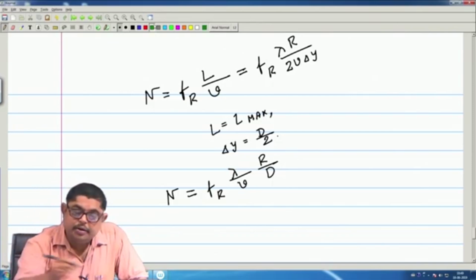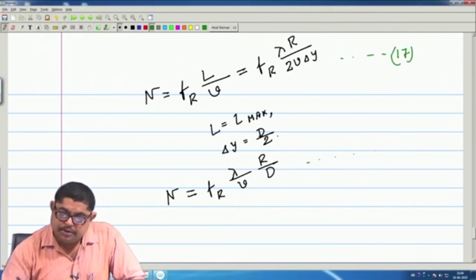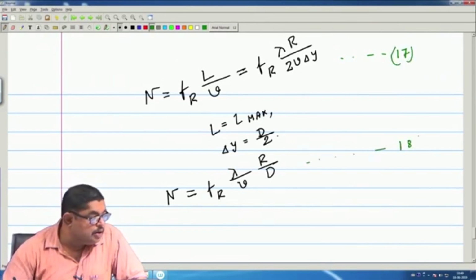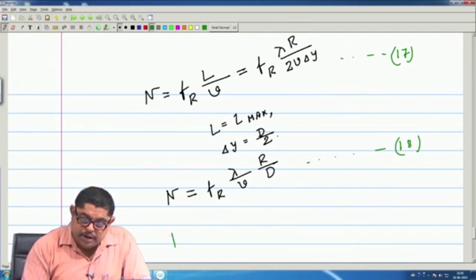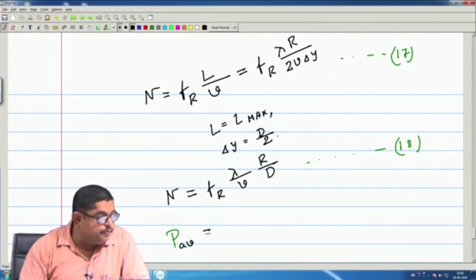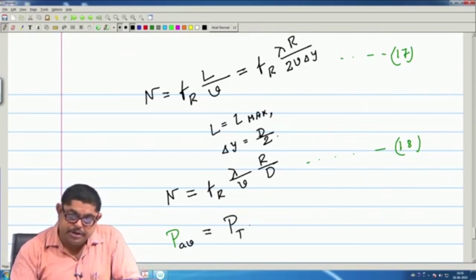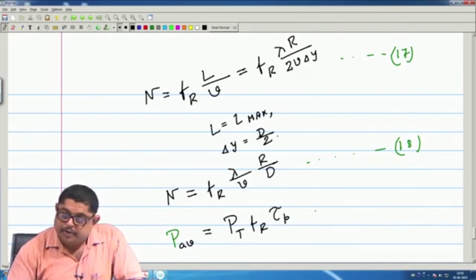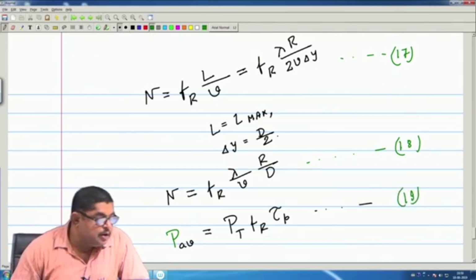So, I think this will give a number 17, this will give a number 18, and also the time average power of the transmitter, that we have already found out Pt into Fr into tau p. So, this we will call 19, and